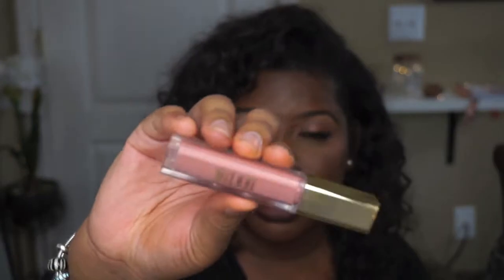So I'm gonna use my Colourpop lipstick in Embellish and line my lips. The middle part, I'm gonna use Milani. What is this? Amore matte lipstick. It's more of a creamier one. It's not as matte as the Colourpop lipstick is. So yeah,